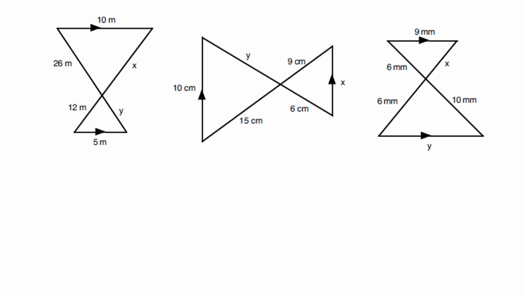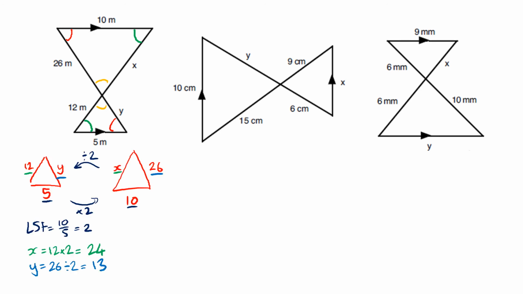So we looked at ones like these on the previous set of examples. Remember that we've got these z angles, and so it's not the case that, for example, 12 goes to 26. It's the case that 12 goes to x and y goes to 26, because we can say that our angles look something like that, and you could say the same for all 3 of these. Okay, have a go. I'll pause when you think you're ready. Have a look back at the question 3 examples if you're stuck, and I'll show you the answers in 3,